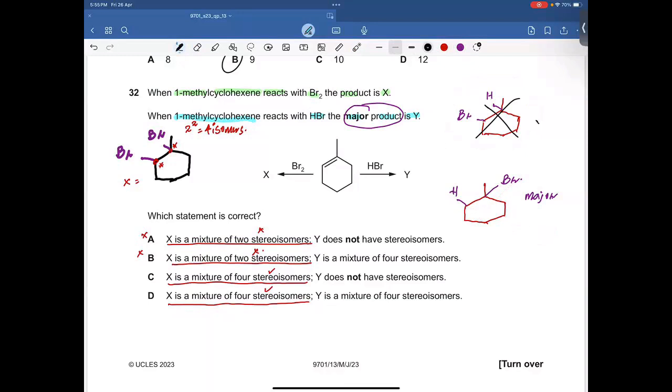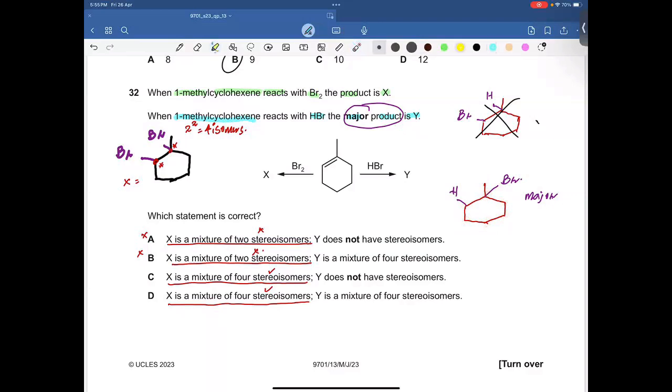So do we have a chiral carbon atom? CH2 no chiral, CH2 no chiral, CH2 no chiral, CH2 no chiral. This is CH2, no chiral. This is CH3, no chiral. This carbon could be chiral? No, it is not chiral because